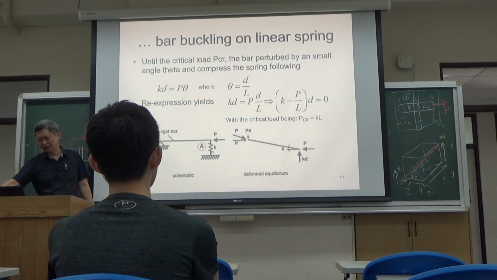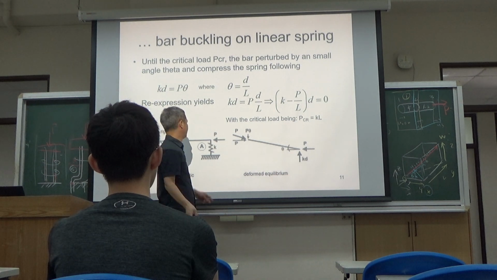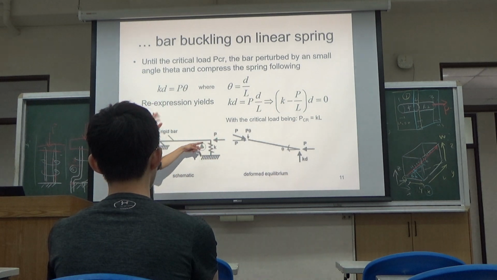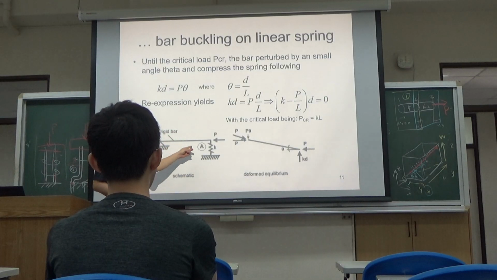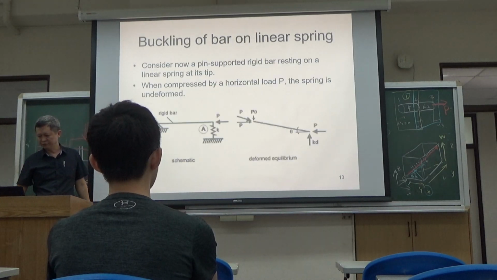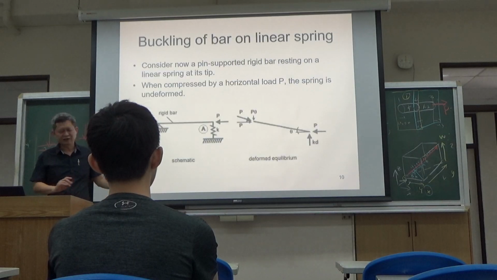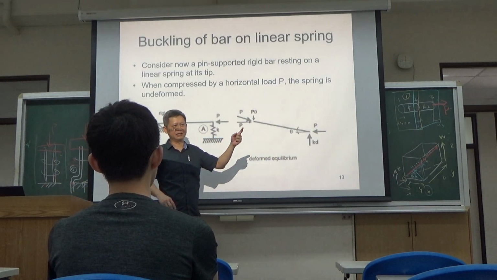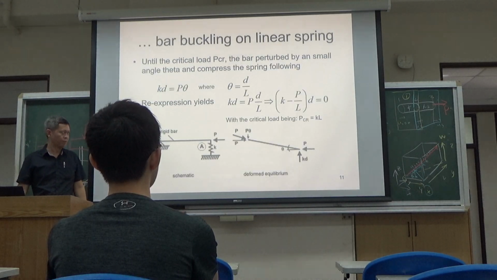This is also sort of like buckling. 这跟刚才的题目一样，因为是水平的，那受水平的力，那你就会也是一样发生错屈。答案是一样。